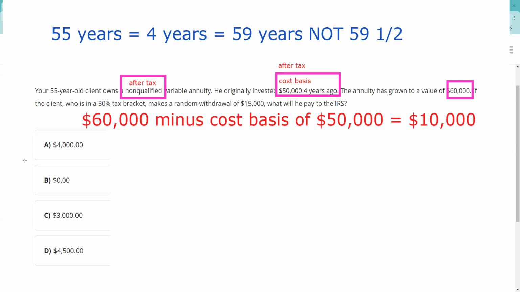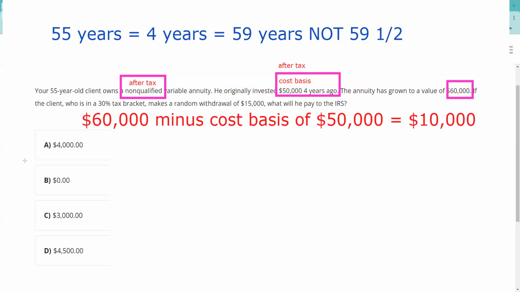All right, so he's in a 30% tax bracket, so we should definitely know that one of the downsides of a variable annuity is that when you do withdraw, you're going to be paying ordinary income tax rates. So even though this is 4 years, had he bought like an index fund or something like that, and he held it for more than a year, he'd qualify for a long-term capital gain. But no, all this money coming out is going to be taxed. That is whatever his ordinary income tax bracket is, in this case, 30%.